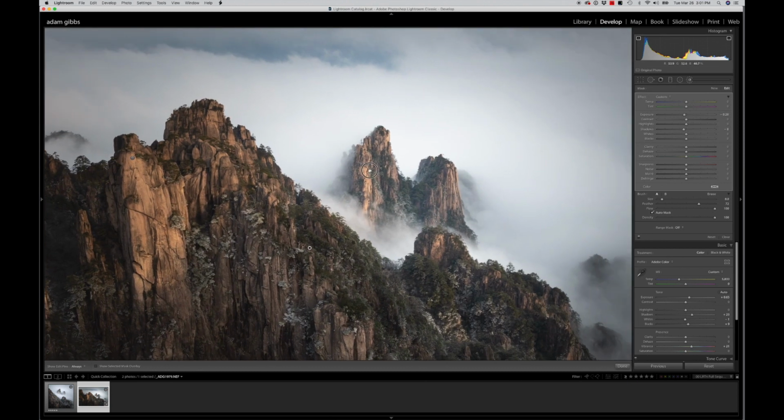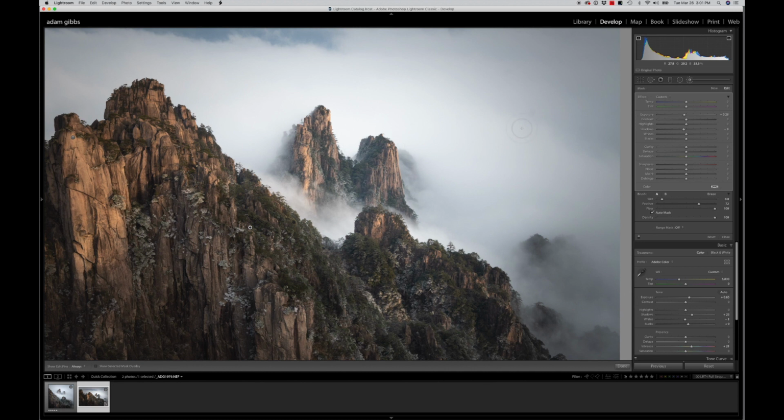Alright, so we'll have a look at the pinnacles here. And again, we'll just turn the mask on. This time I'm not going to feather it so much. So we'll go over, get a new brush, and just reduce the feathering just a bit. And we're just going to brighten up this area here. We don't have to brighten it up very much because it's already getting quite bright as it is. The auto mask is already on, so